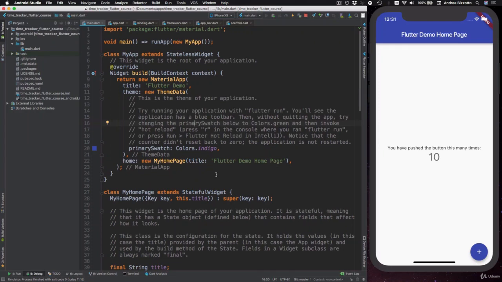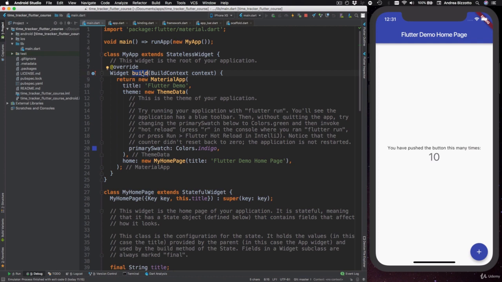In the last few videos, we have seen how to compose the UI of our application by using a number of different widgets. In some cases, we have been using widgets that were provided by the Flutter SDK, such as Material App or Scaffold. In other cases, we have built our own widgets by extending from either stateless widget or stateful widget. In any case, we have always encountered a build method, which is where we declare how our widgets